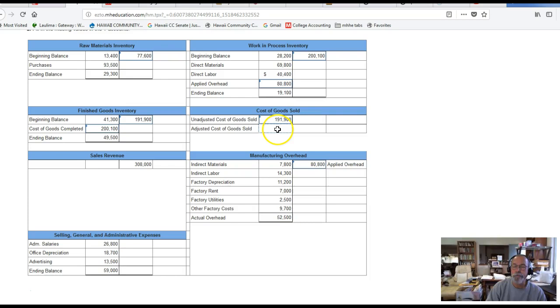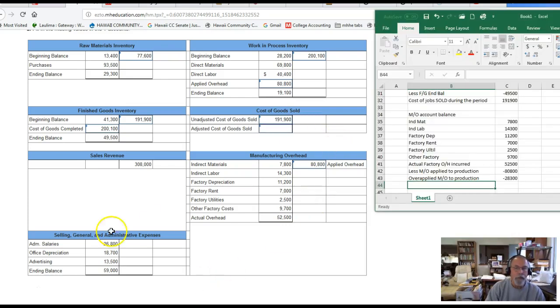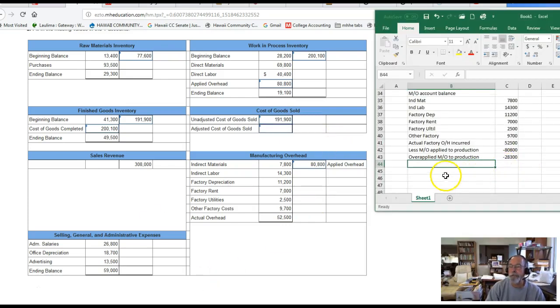They just are giving us a space to show the adjusted balance in cost of goods sold after the credit for over applied overhead. So let's show that here on the Excel spreadsheet. Let's show this as cost of jobs sold